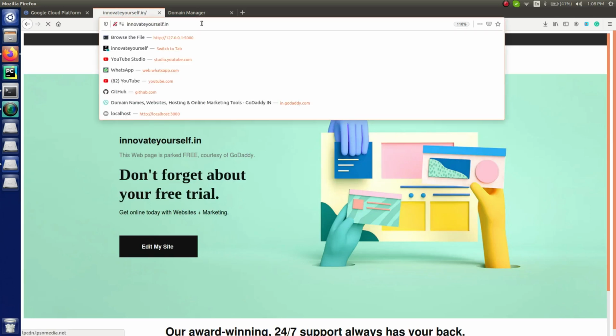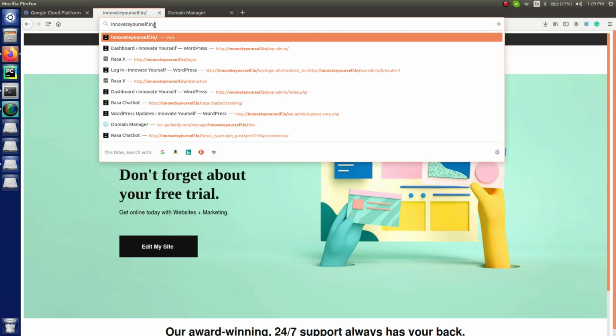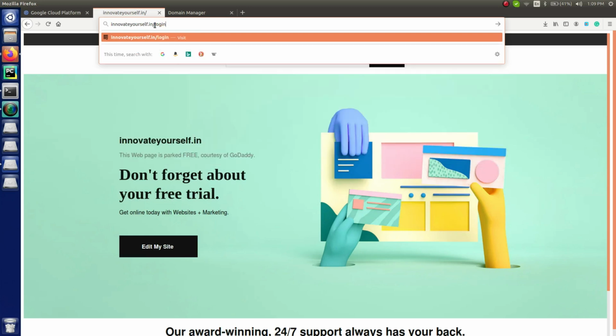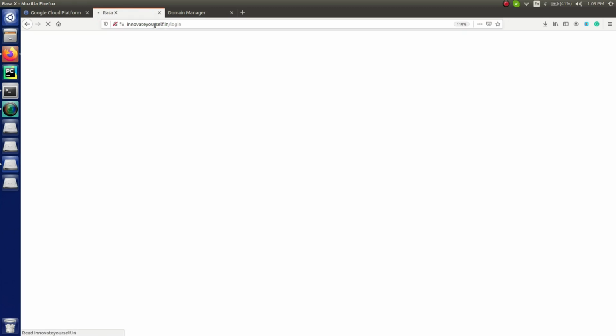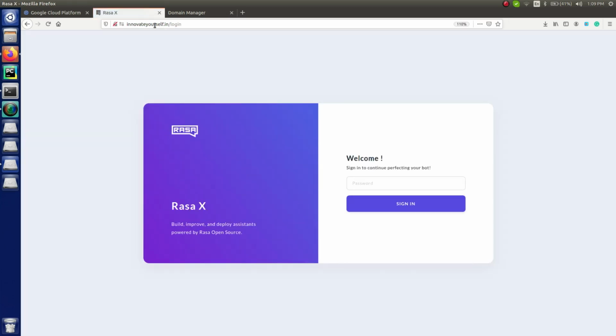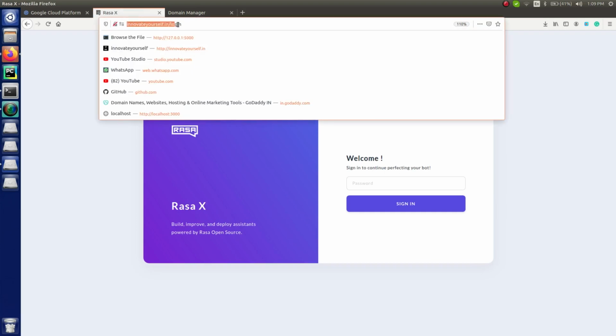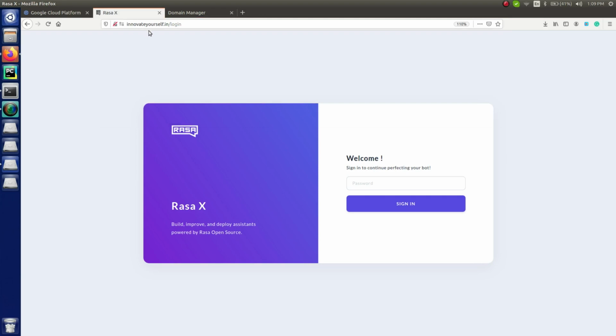Instead, what you have to do, you just have to type innovateyourself.in, whatever is your domain name / login. Just press enter. Now can you see this time when I have entered innovateyourself.in / login, which means now you have connected your domain to the Rasa X, which means now you don't have to type the IP address. Instead, you can directly type the domain name. So this is the way how we can link the Rasa X to the domain name, right?